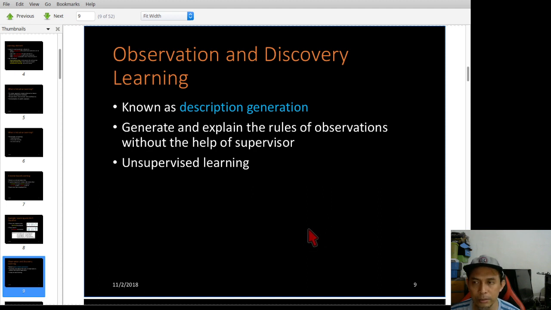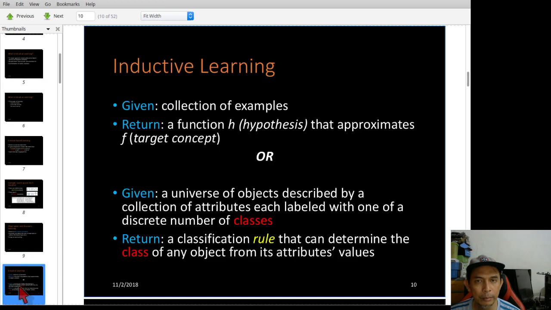It falls under unsupervised learning. For example, given a collection of examples, you come up with a function or hypothesis to approximate the target concept.